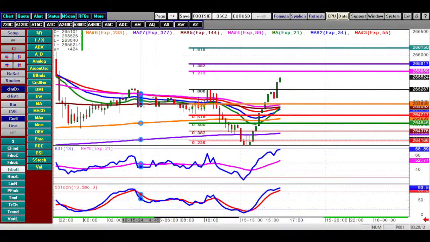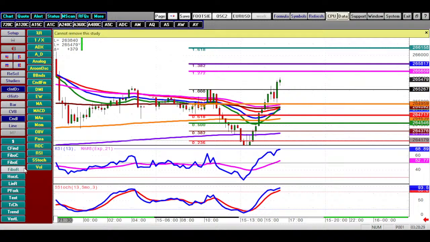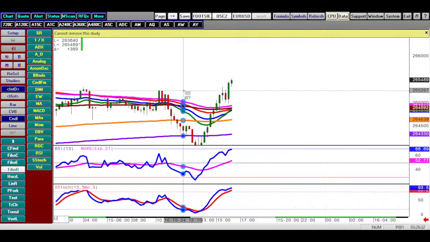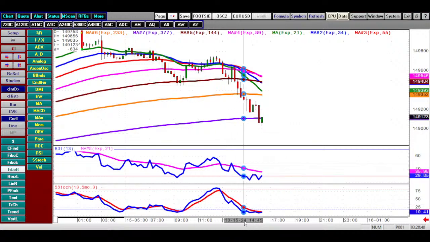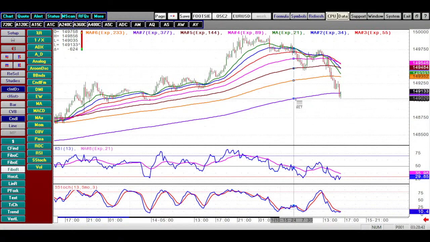Next, I think we have an order filled for dollar yen. So now what I'm going to do, as I told you, is discuss in detail and in depth the markets we are looking at and how we are trading things, so at least you can understand how this works. Now, we have bought at